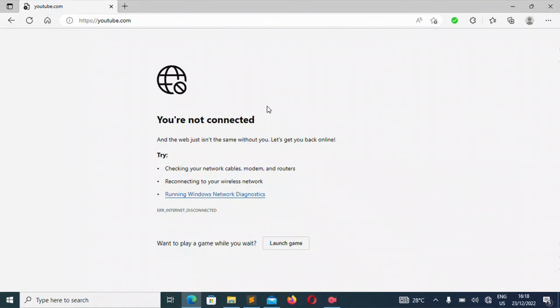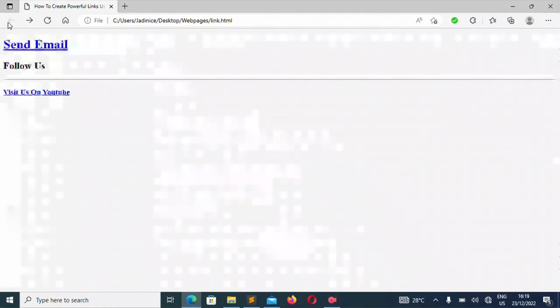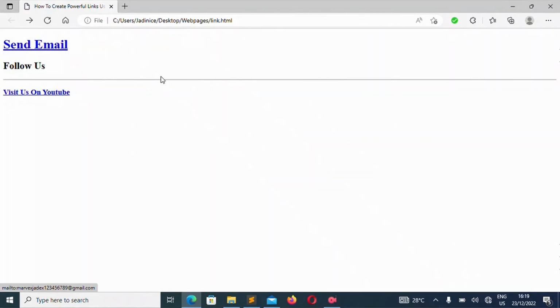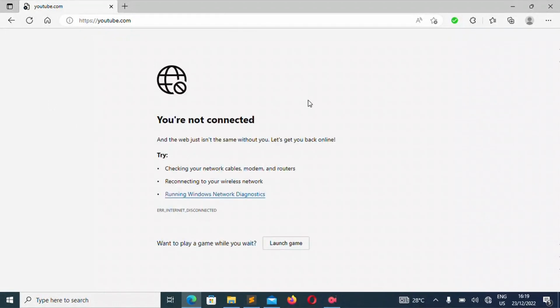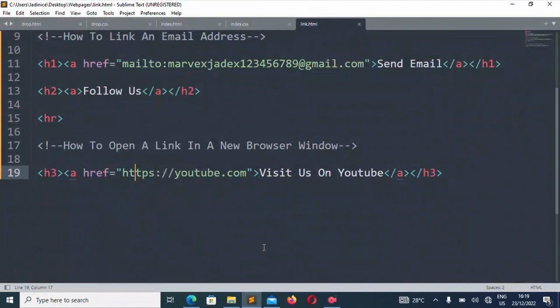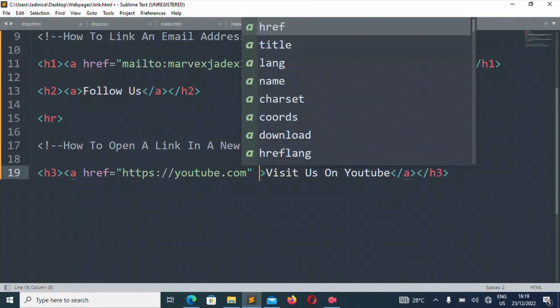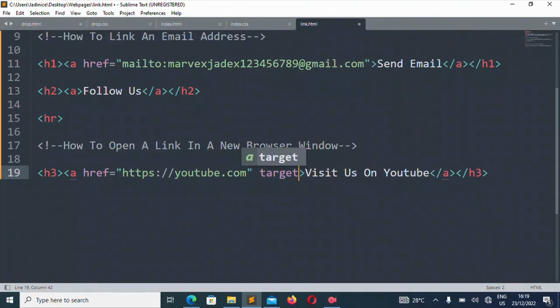So you've seen that you can link it, but I don't want the client to leave that page. As you can see, we left this page and it refreshed this page and pulled in another page, that is the YouTube site. But I do not want it to be like that. I want the person to still see the page and still be able to visit us on YouTube so as to know where he or she is coming from. Now this is a feature that some websites add.